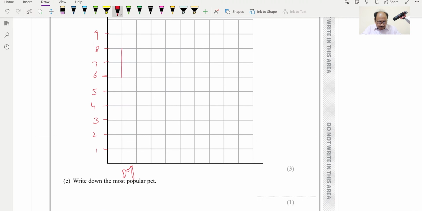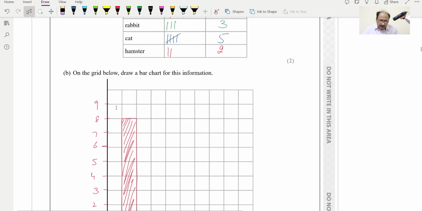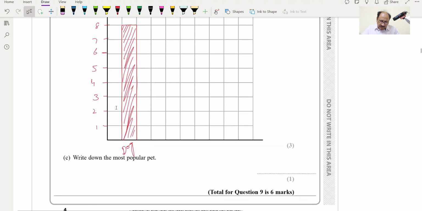this will be the bar for the 8 one, this will be the bar for the dog. And next is what? Next is rabbit. Rabbit we can take over here,